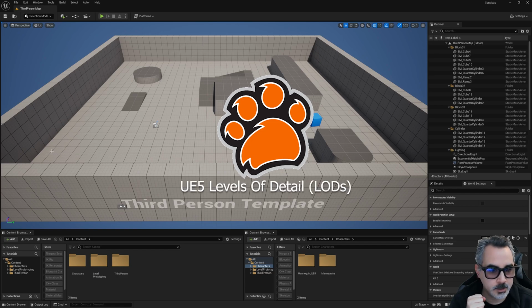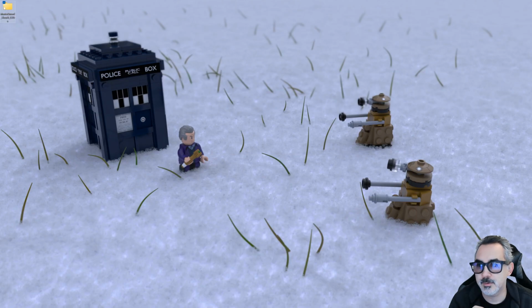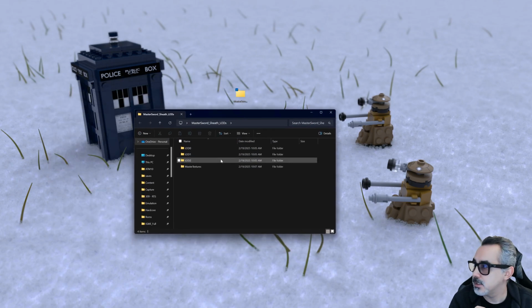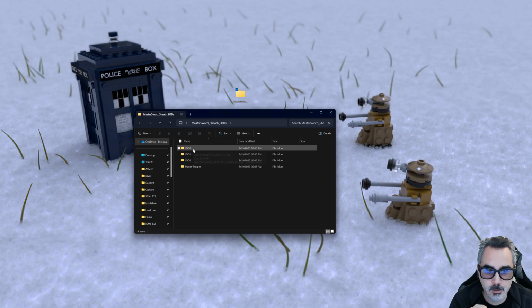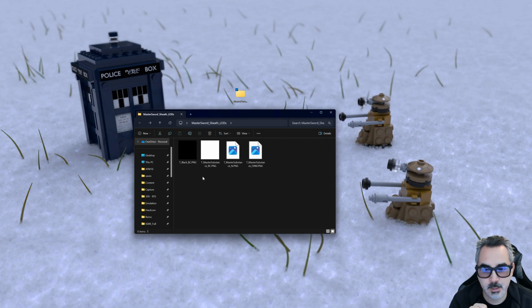So this one is going to have a couple of things all in one. First and foremost, what I'm going to be starting with is an asset that you will find in my courses. This is going to contain an asset that has three different LODs. Each one of those is going to have their respective textures. And part of this tutorial is going to be showing you how to do the master